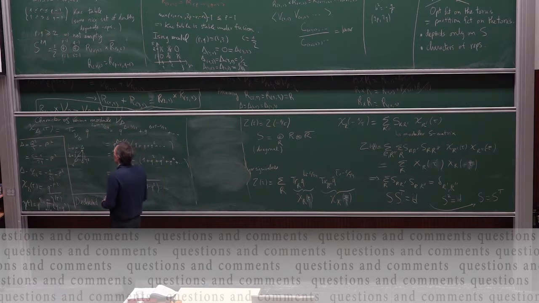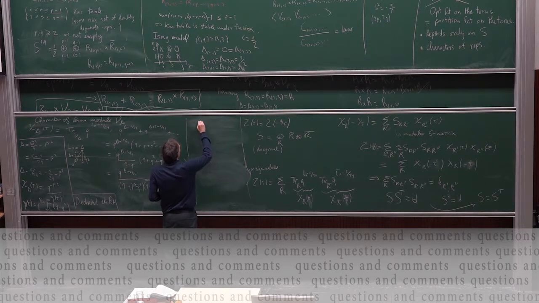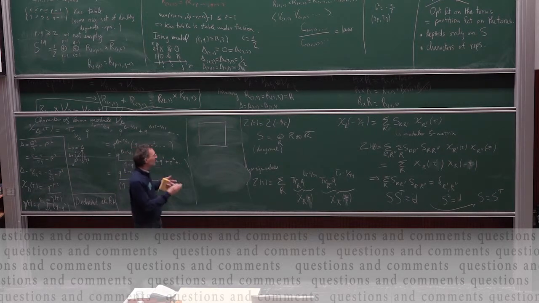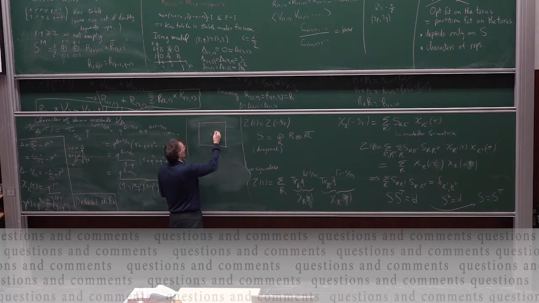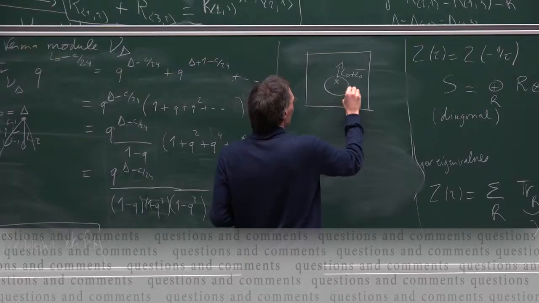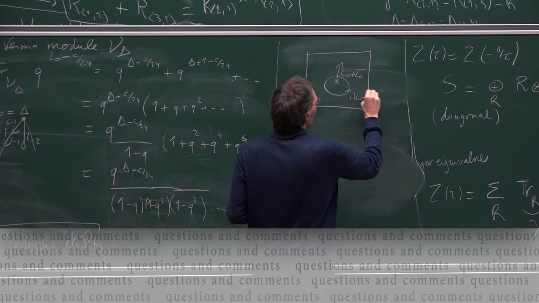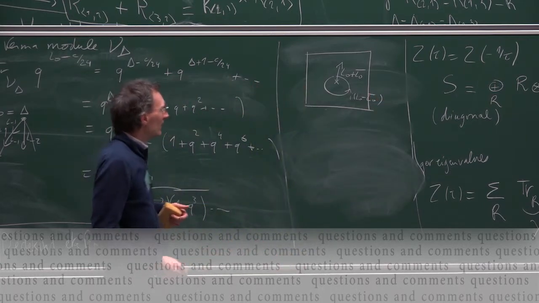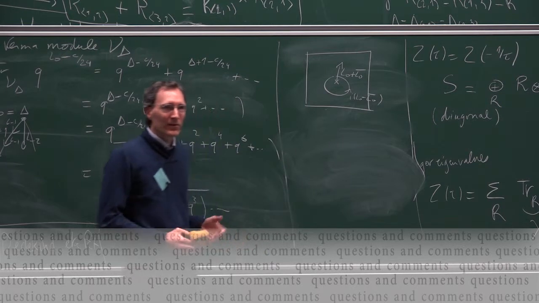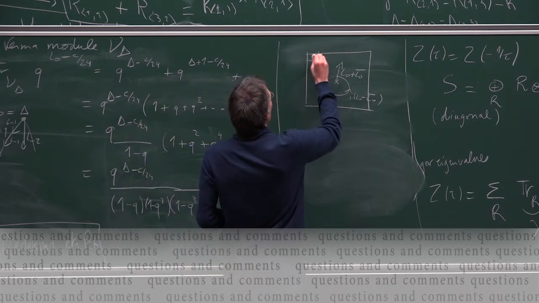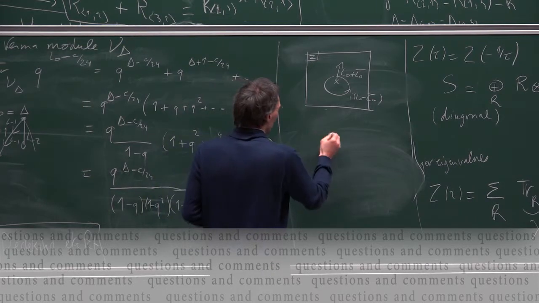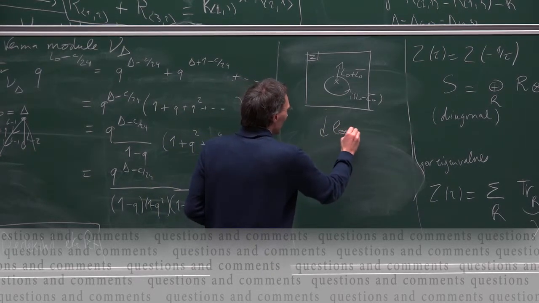Basically, we want to construct our torus from the plane, because originally we defined this action of the Virasoro algebra locally, and we can especially well define it on the plane. On the plane, we have a generator of dilations, which is L0 plus L0 bar, and a generator of rotations, which is i(L0 minus L0 bar). Now from this plane, we should make a torus. To begin with, we will make a cylinder. So let's say we have a complex coordinate z. Then we have to take log z as a coordinate.